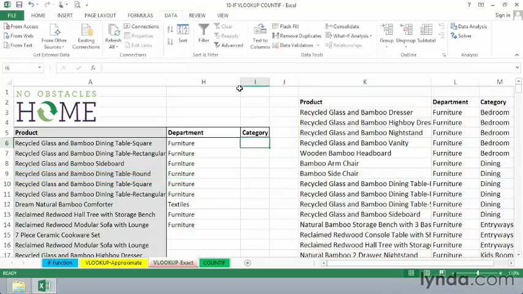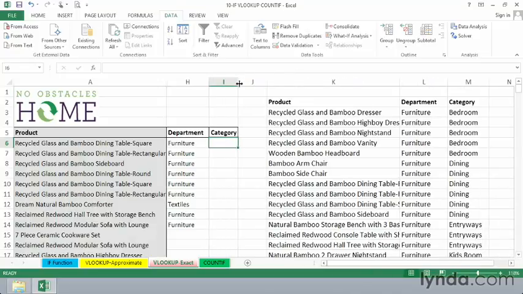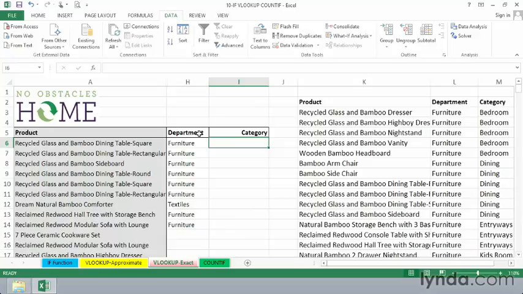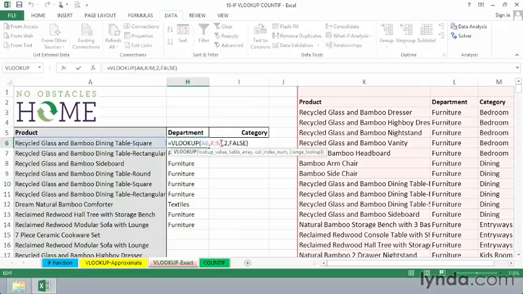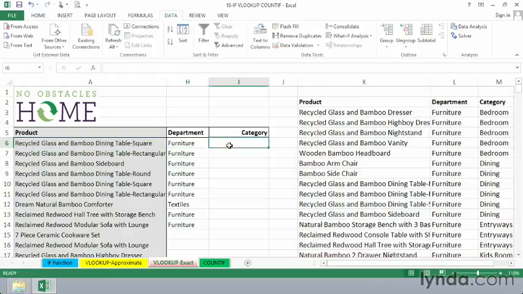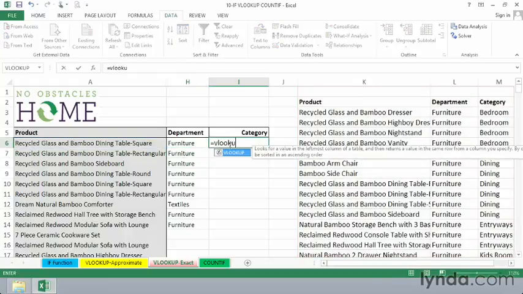Similarly, in column I, we want to do almost the same thing, but here we need to get the information out of the third column. Now, in a strict sense, going back to what we did in column H, we didn't really have to refer to column M there, but it didn't hurt. Nothing wrong with it. We could have used L just as easily because we're only referring to the second column anyway. In column I here, this time we'll simply type it: vlookup